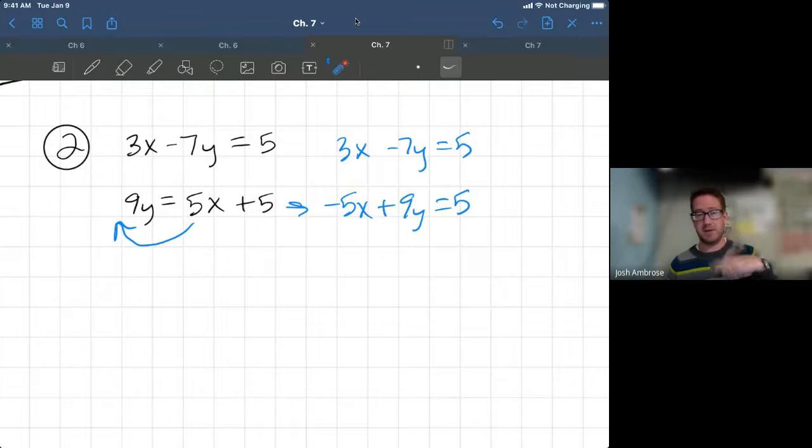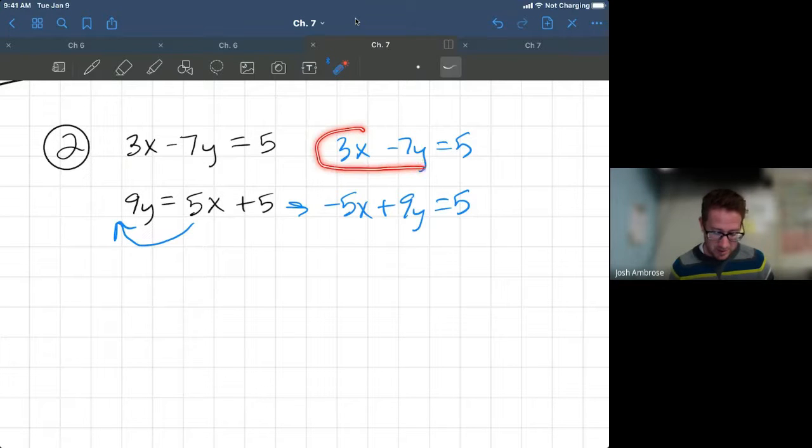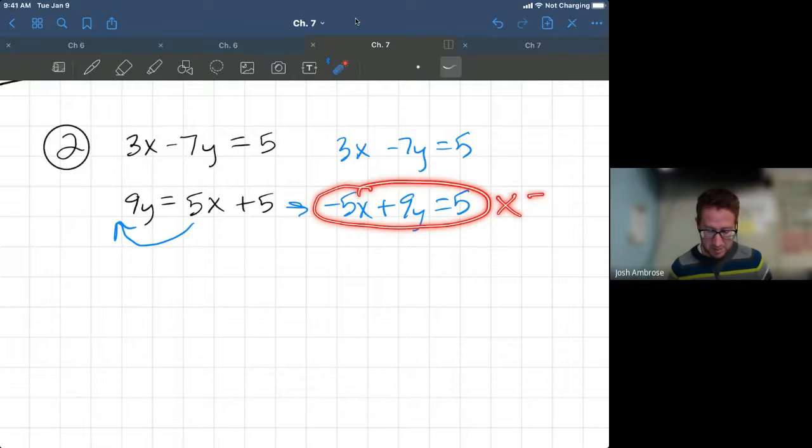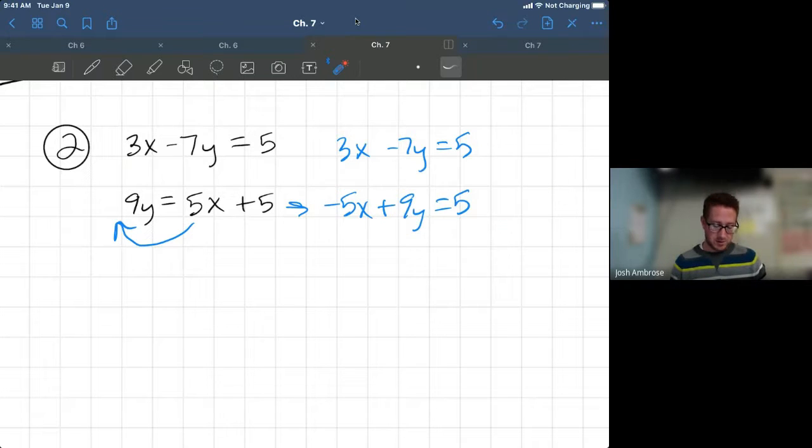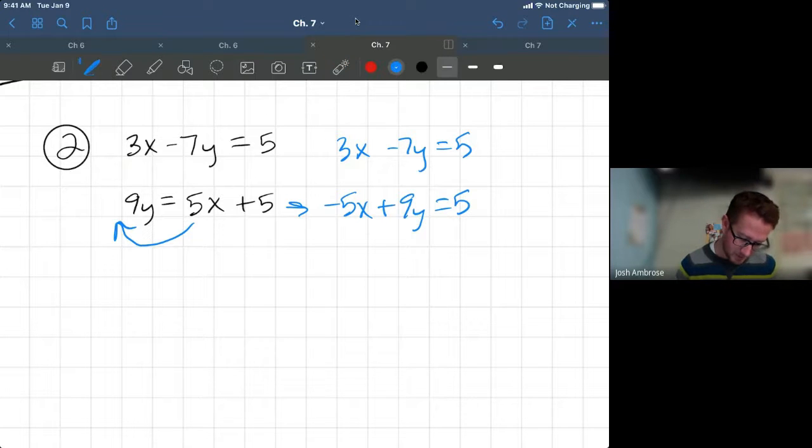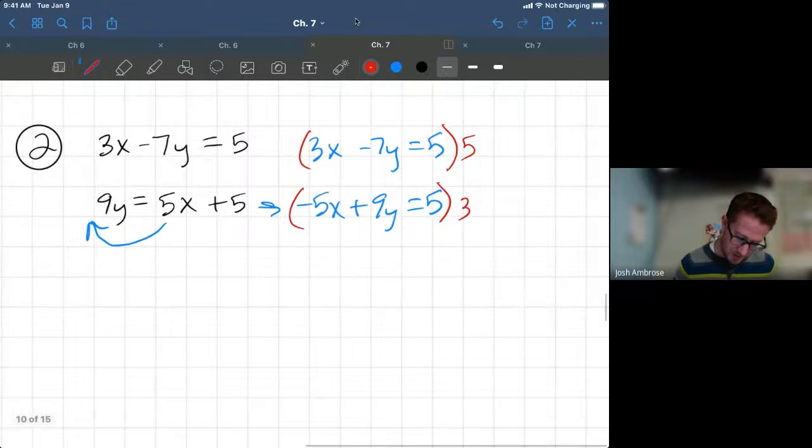3 can't become 5, 5 can't become 3, but they both can become what number? 15. So everything in this top equation, I'm going to have to multiply by 5. And everything in this bottom equation, I'm going to have to multiply by 3, so that the 3 and the 5 both become 15. So let's do that. Everything here times 5. Everything here times 3. And let's see, we're going to get